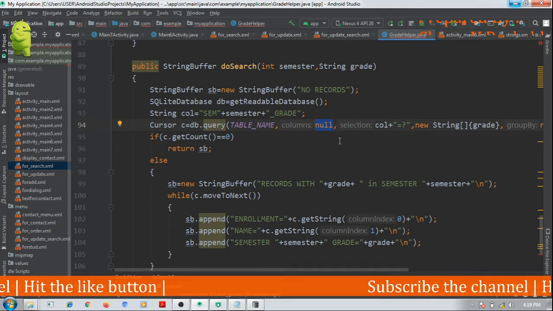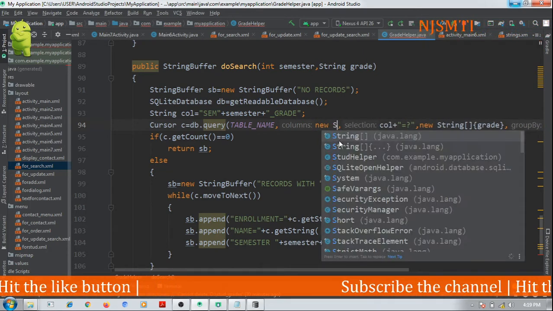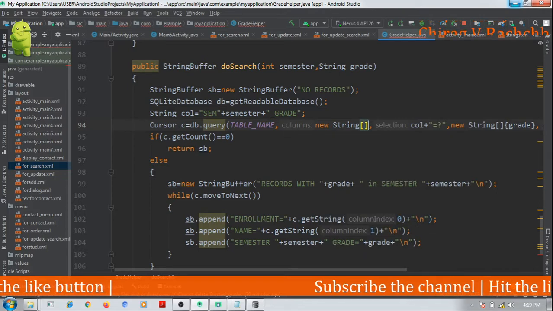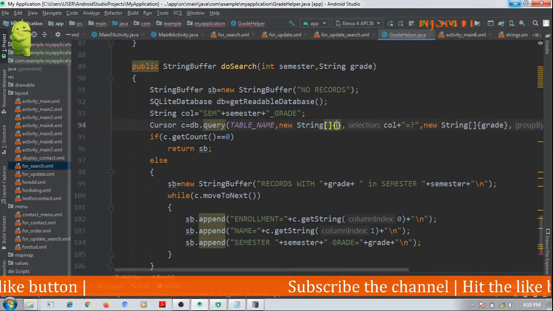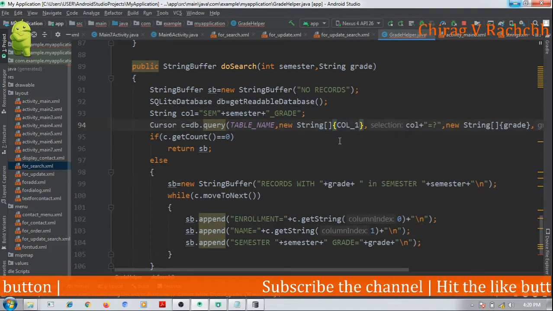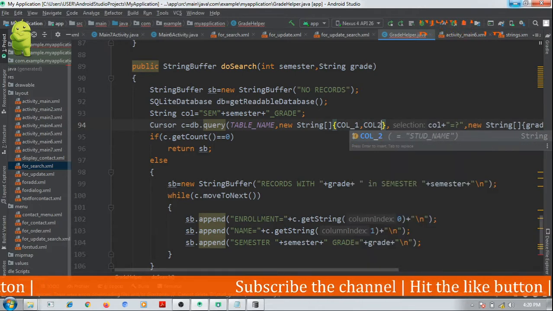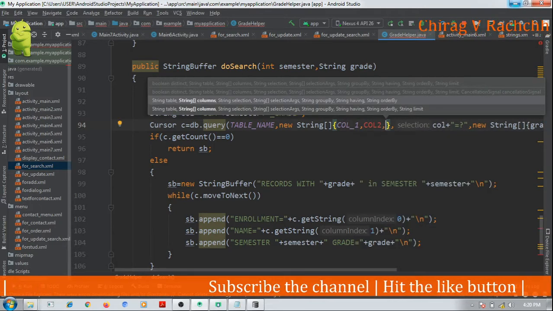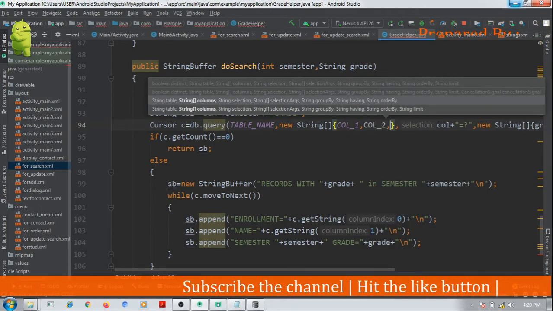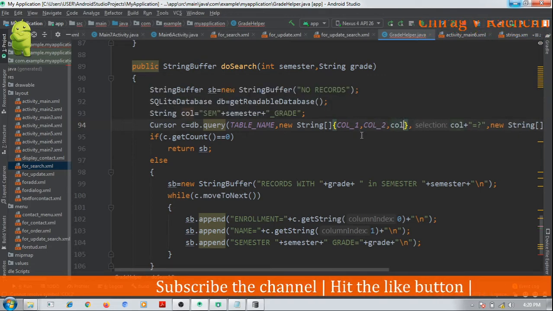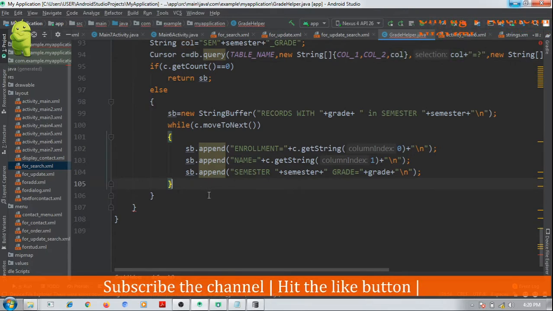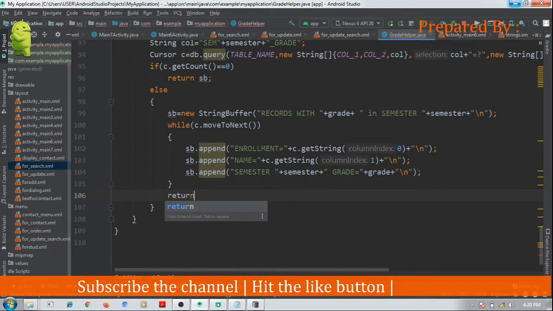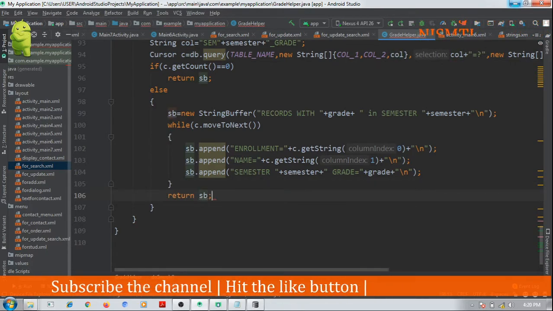Here we can also pass that we need only this many columns. Okay, that is we need column 1, then column 2, then we need the column that we have retrieved. Okay, finally we will return SB, that is string buffer.